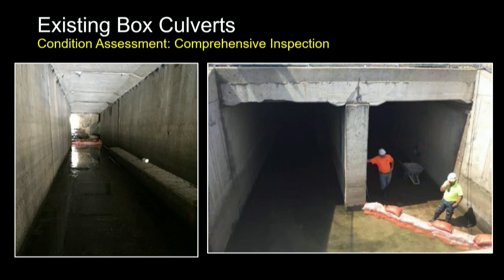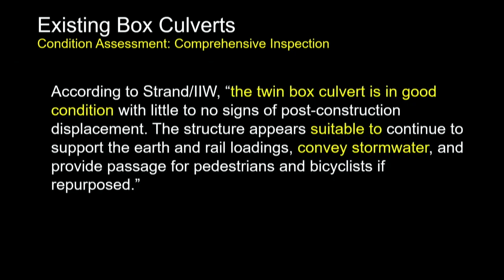But the first thing we wanted to understand was, what's the condition of these box culverts if we did take them over? So we did a condition assessment, had them dry it out and inspected, and as you can see on the left there, they almost look brand new. So they're actually in really good condition. And Strand IAW, the engineering design team, concluded that the twin box culverts are in good condition and suitable to convey stormwater,